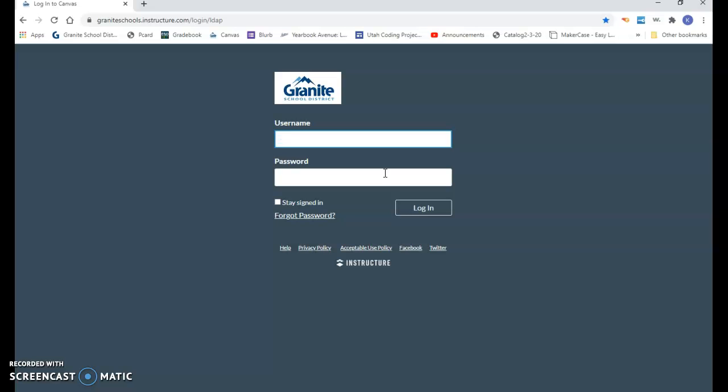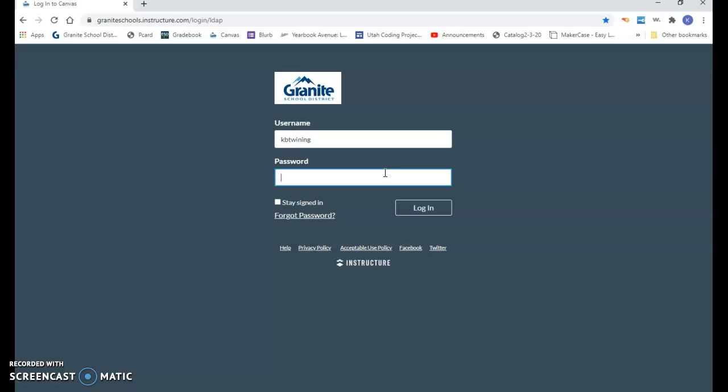Now, if you were able to log into your traditional desktop computer, then you used your 9 number as your username. If you logged into your Chromebook, then you had to use your Chromebook or email sign-in. For the username on Canvas, however, you need to use your 9 number. So this is your student ID number that you will be typing into the username field. The staff ones are a little different, so mine is